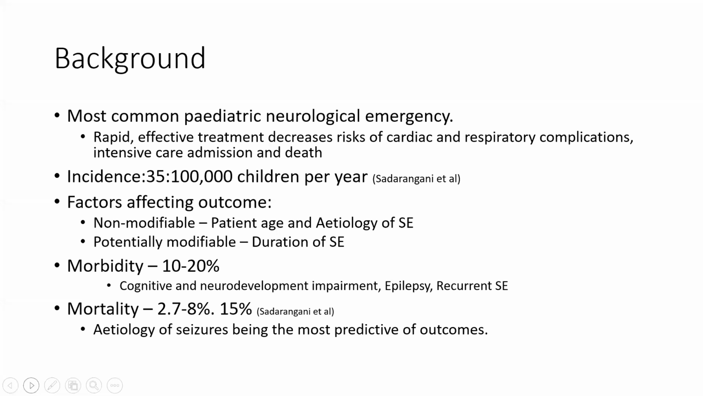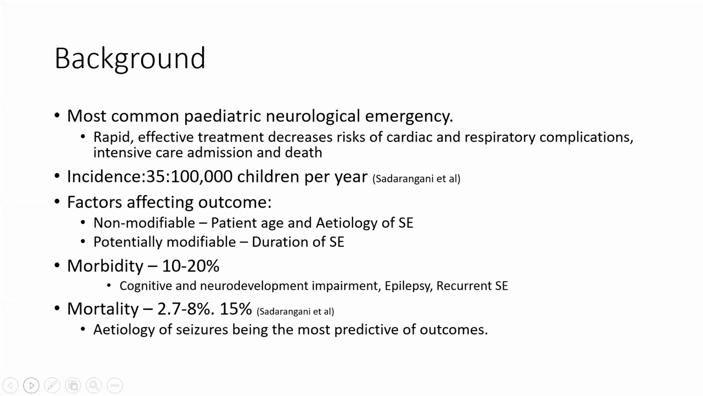The younger the child, the poorer the outcome, and also the etiology of status epilepticus, which we're going to see in the next slide. Other potentially modifiable factors that affect the outcome are the duration of status epilepticus. Those that take longer to get under control have a higher likelihood of having cognitive and neurodevelopmental impairment. This brings us to the morbidity and the mortality consequences as a result